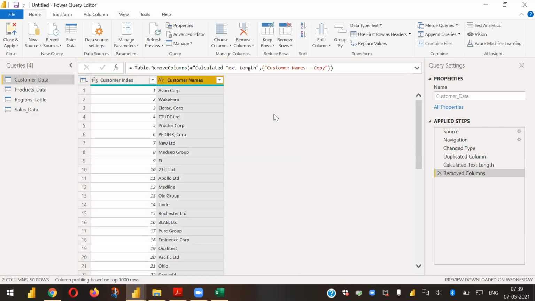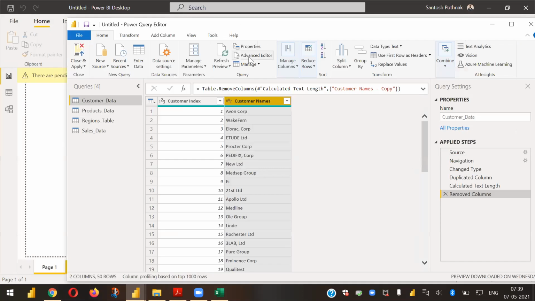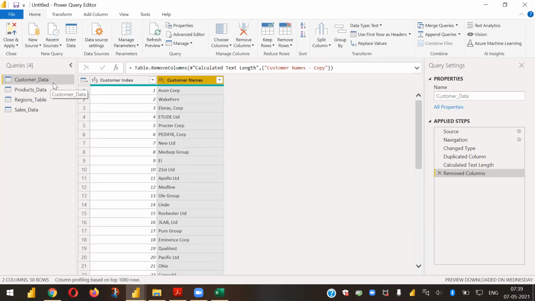Immediately, you also have to make sure of your table or query. This is called a query in Power Query Editor, and when you commit this, the same thing will become your table, the customer table. So you have to rename it properly. Right now it says customer underscore data. I always suggest keeping a minimal naming convention, so you can name it customers table. Click on enter, and it will be renamed.